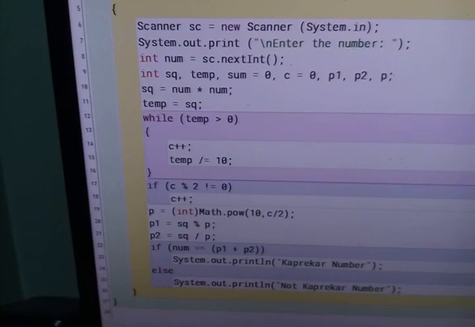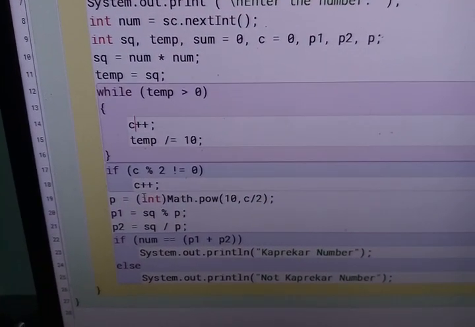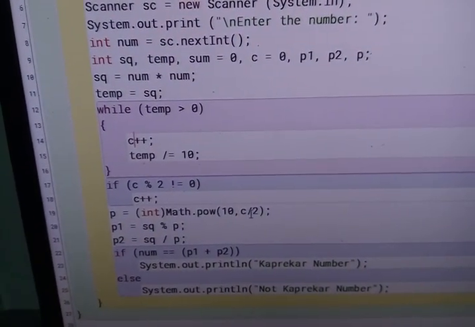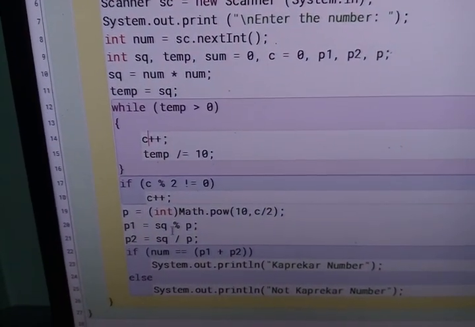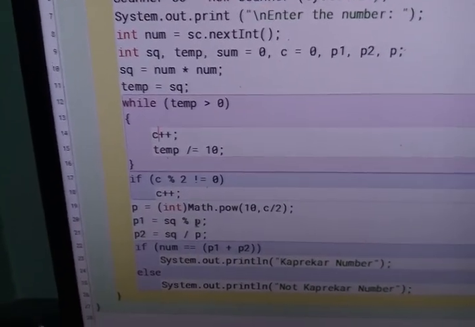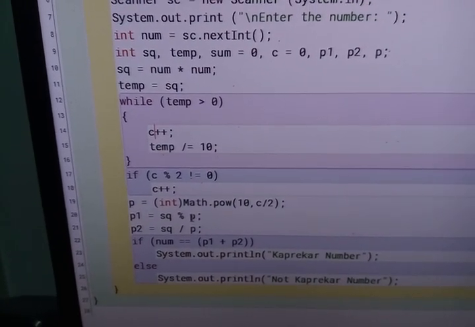The same thing is done here. I take it as int because math.pow returns a double, so 10 comma c by 2. Then p1 equals sq mod p, the remainder part, and p2 equals sq by p, the quotient part.